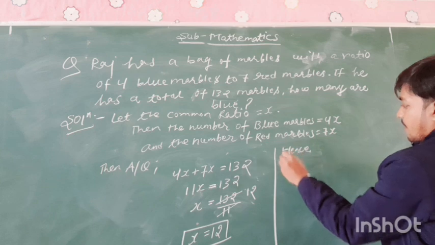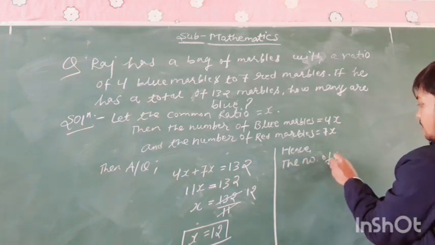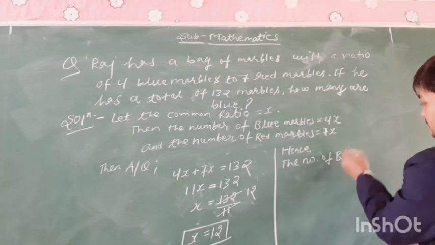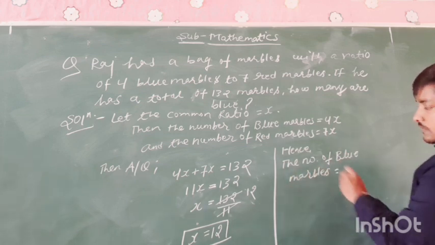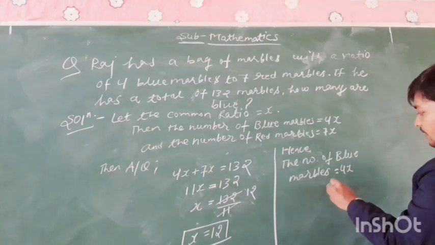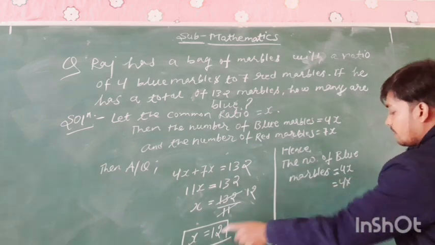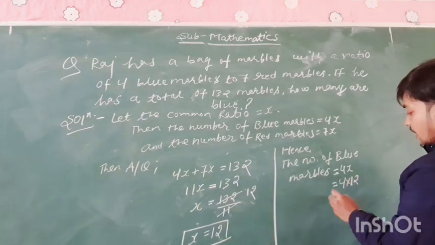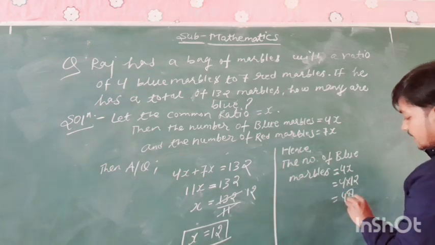Hence, the number of blue marbles is equal to 4x. 4 into the value of x, which is 12, and the product of 4 and 12 is 48,